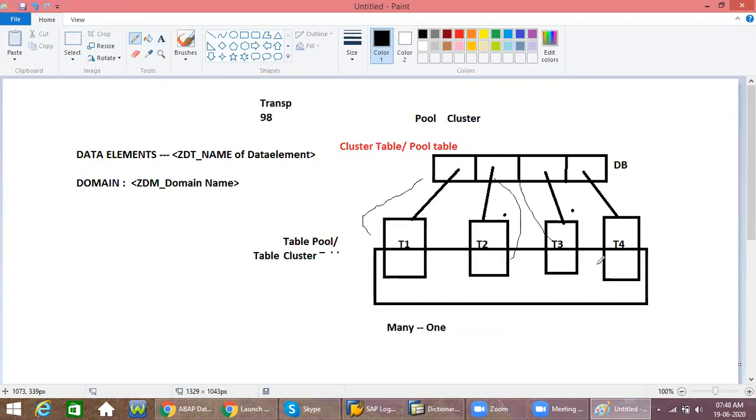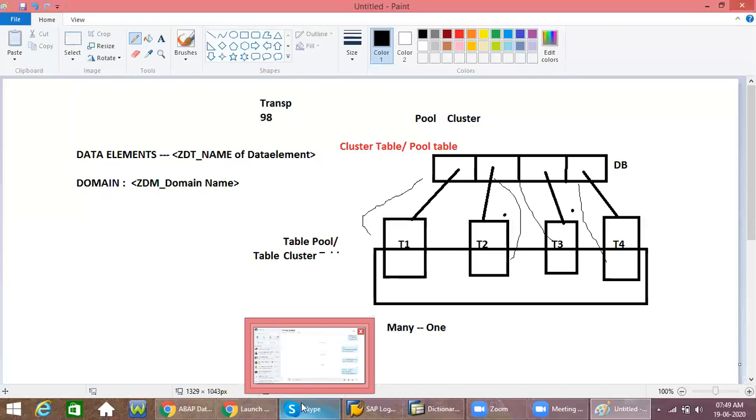That is a many to one relationship. This is the theory.